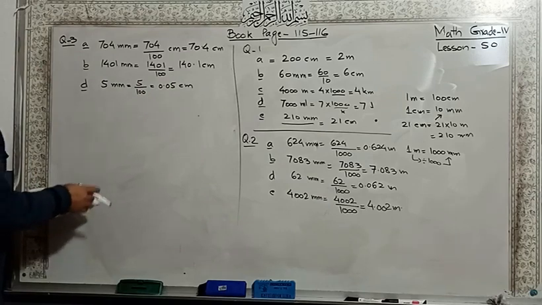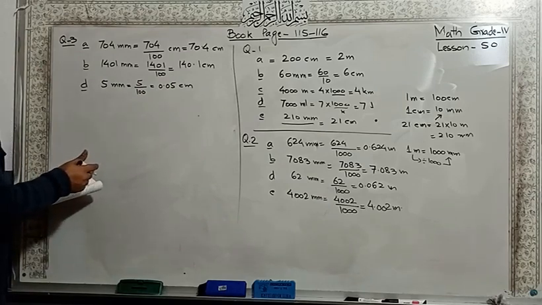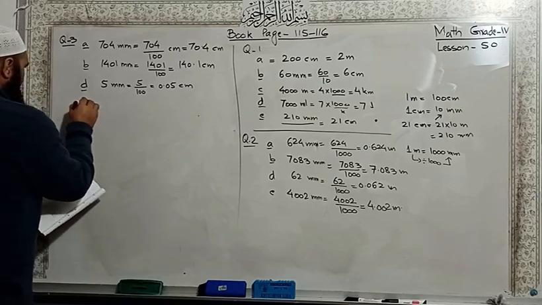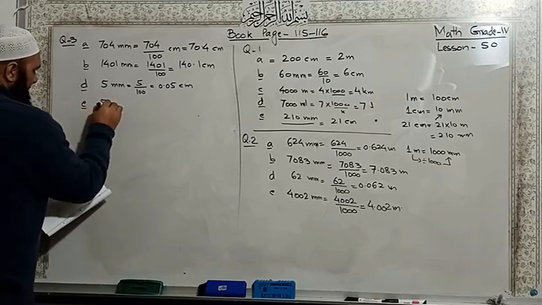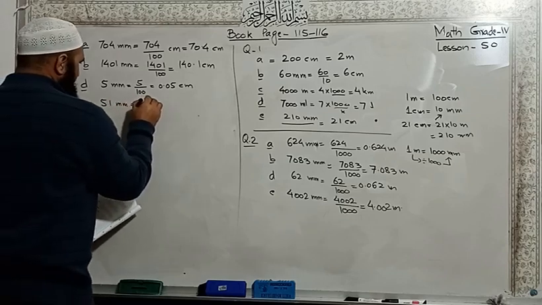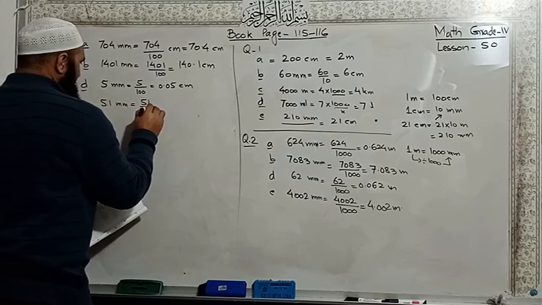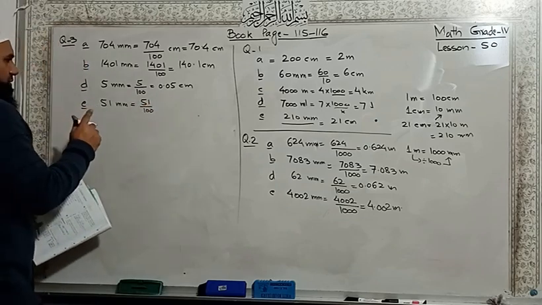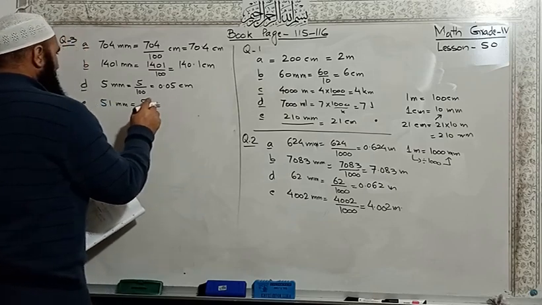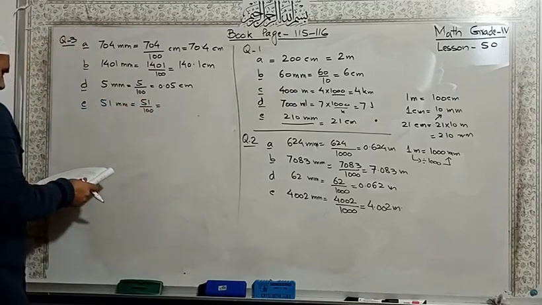51 millimeter. This is question number E. 51 millimeter divided by 100, because 1 centimeter is equal to 100 millimeter. Sorry, 1 centimeter is equal to